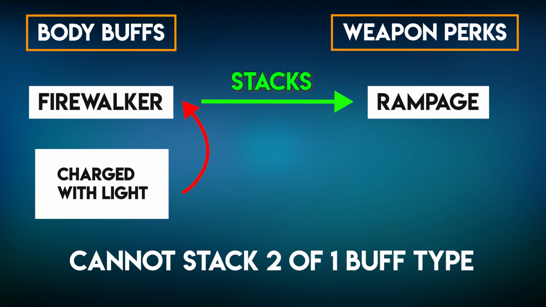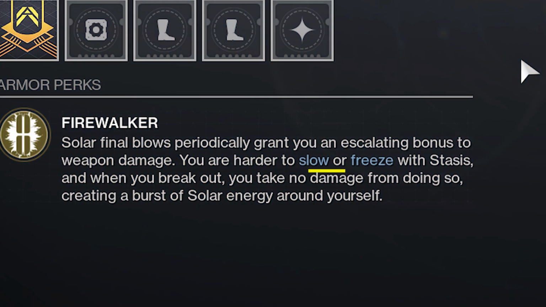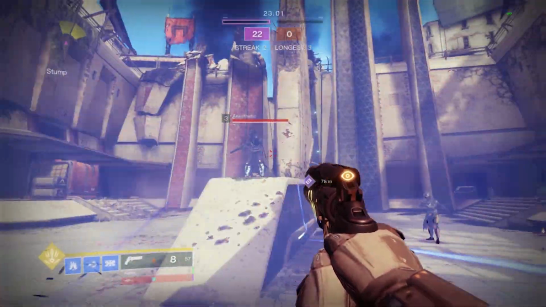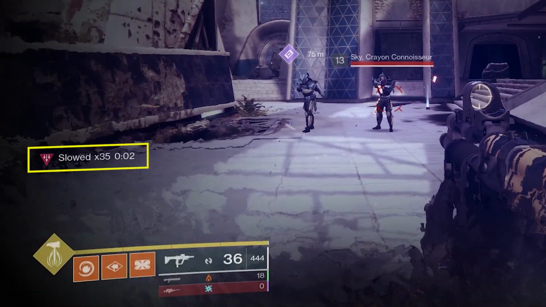Those 2 won't stack together. Enough about the damage numbers. Let's go on to number 2, the part where you have some resistance to stasis. I know the description makes it sound like you have freeze resistance, but it's sort of indirect. To get frozen, you either insta-freeze or you get slowed for so long that you acquire this 100x slow stack,